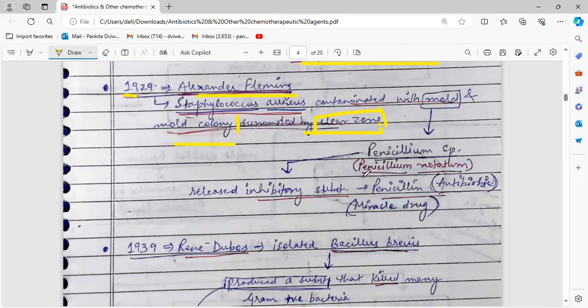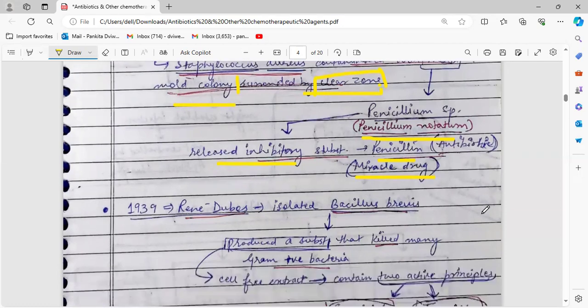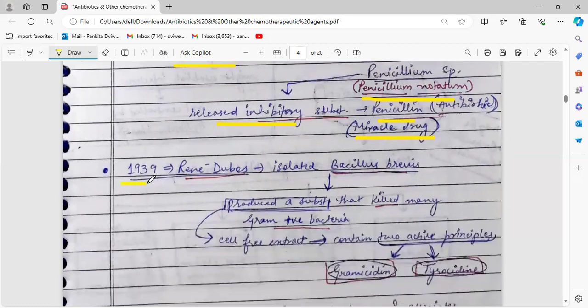He noted that it was a Penicillium species named Penicillium notatum, and this species of mold released inhibitory substances which he named penicillin, which was called the miracle drug, the antibiotic that Alexander Fleming discovered. In 1939, Rene Dubos isolated Bacillus brevis,